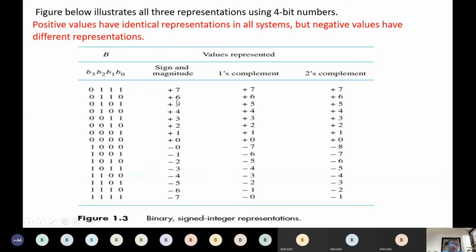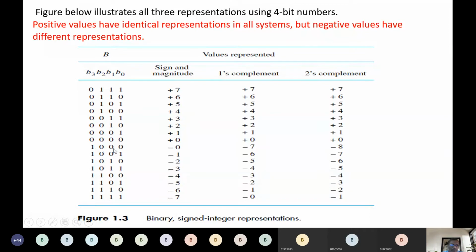So how do we get sign and magnitude? We have already seen this. The first bit represents the sign, so 0 means plus. And 3 ones we already know in binary: in the previous table we saw that 3 ones means 7. Similarly, 0 means plus and 1 1 0 is 6 in sign magnitude. So it's the same here.